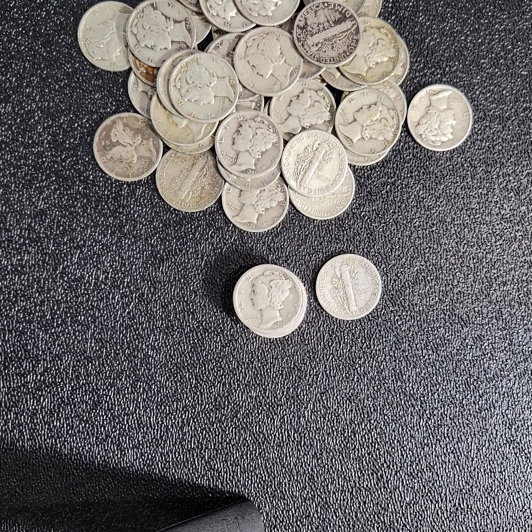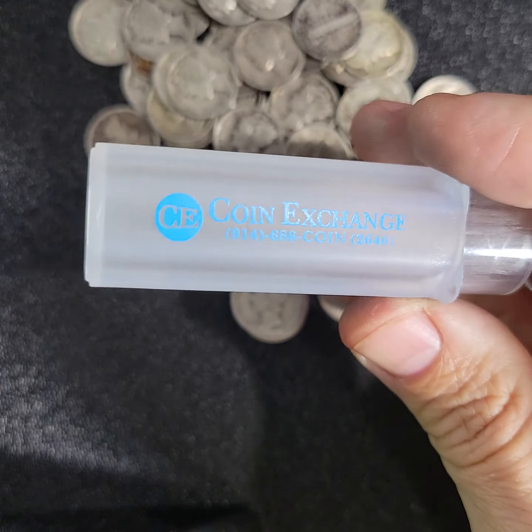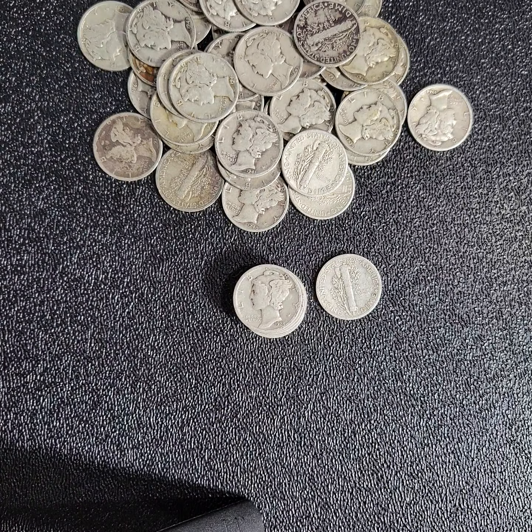So today we opened up a roll of dimes that I've had for a while from Coin Exchange. Picked these up, I don't know, 2-3 years ago, and